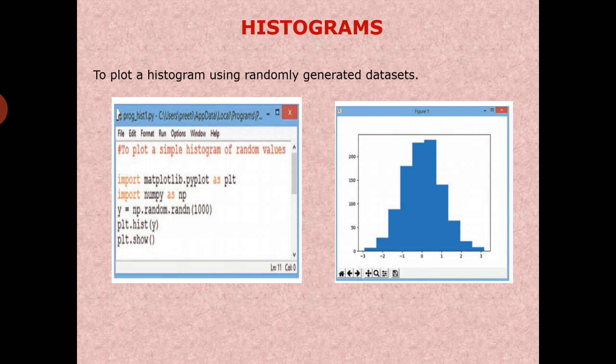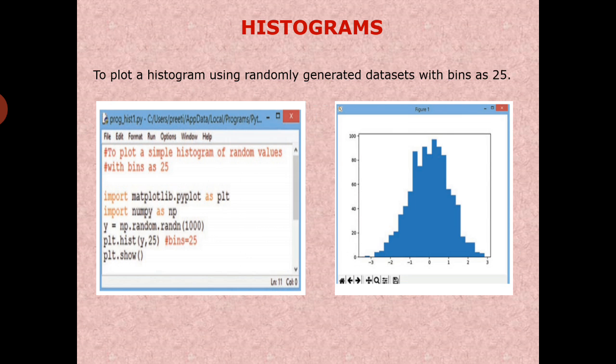But we can customize it either by passing an additional parameter in hist or using the bins keyword argument. Now this is the program to plot a simple histogram of random values with bins as 25. First, import matplotlib.pyplot as plt, import numpy as np.